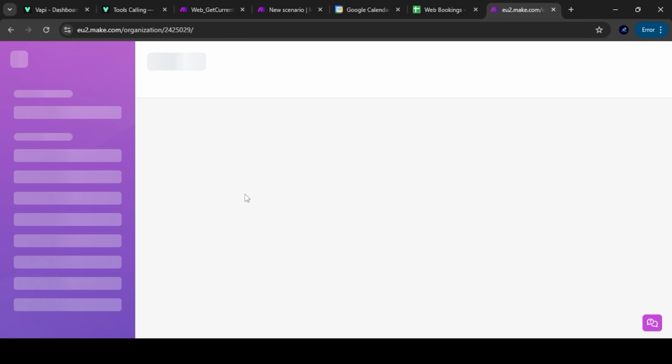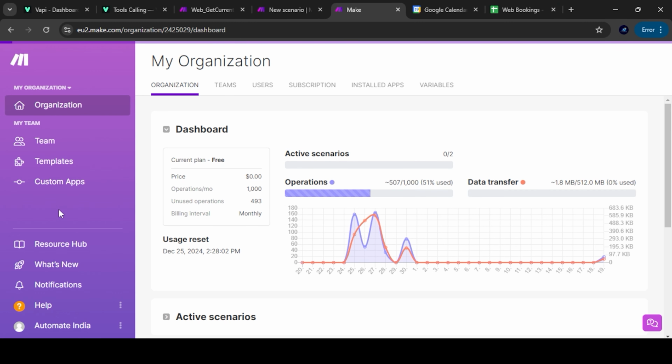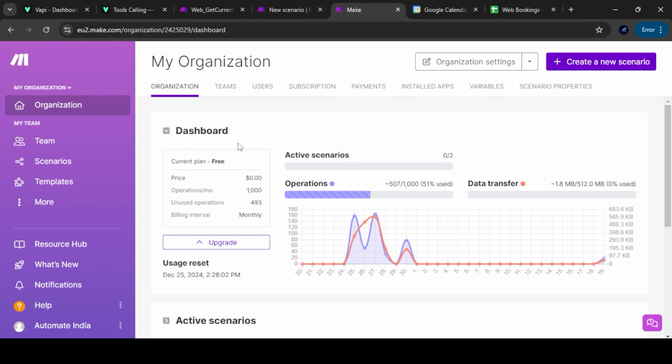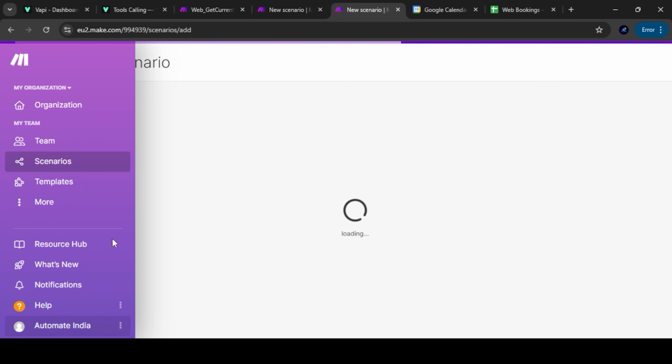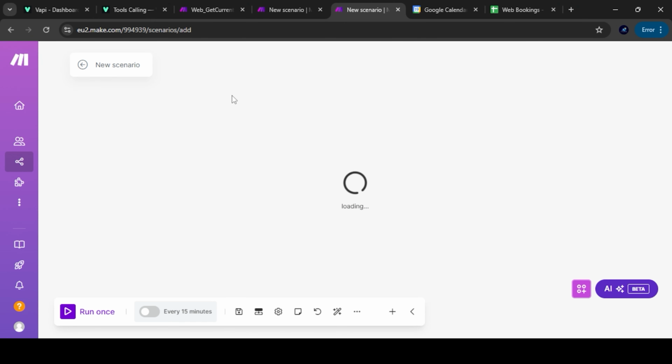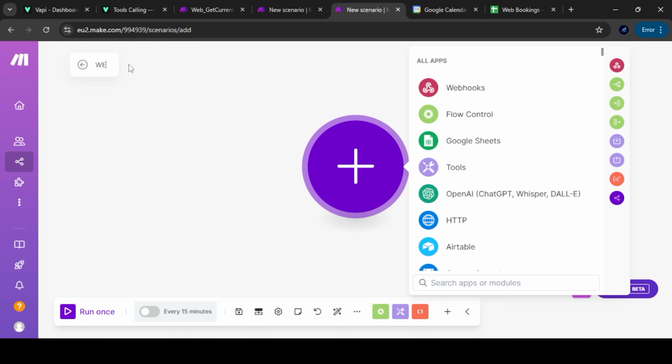and let's create a scenario over here that will add the details to the Google Sheet. Click on create a new scenario. The scenario would be web DB.